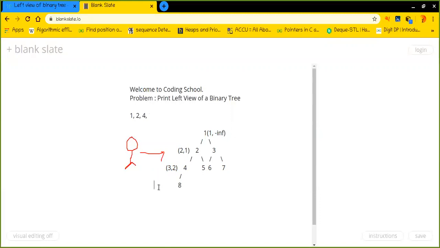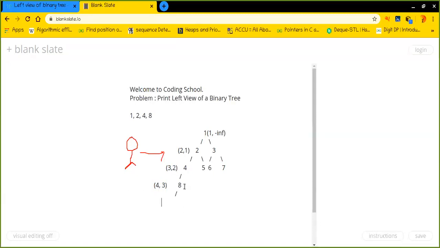When we are here, the current level is increased, and the previous level is the current level of the previous state, which is 3. Here as well the current level is greater than its previous level, so we will print 8, and I will call the left side of it, which is null.